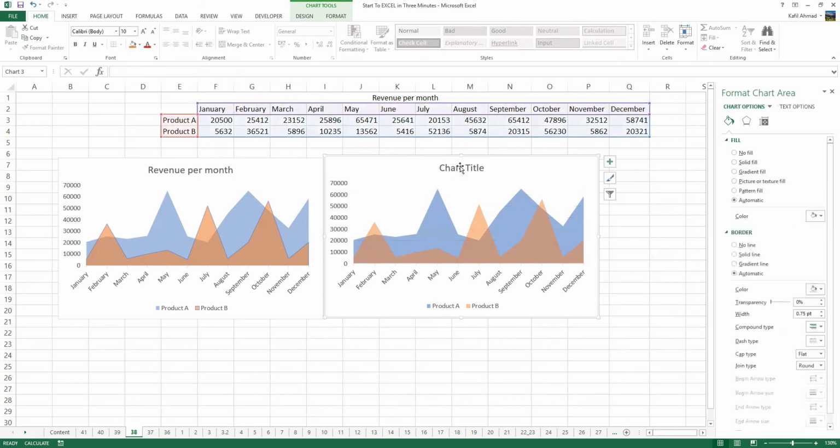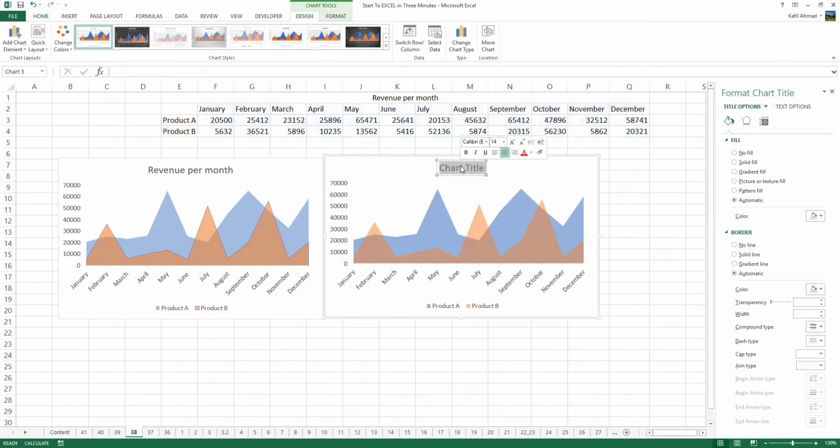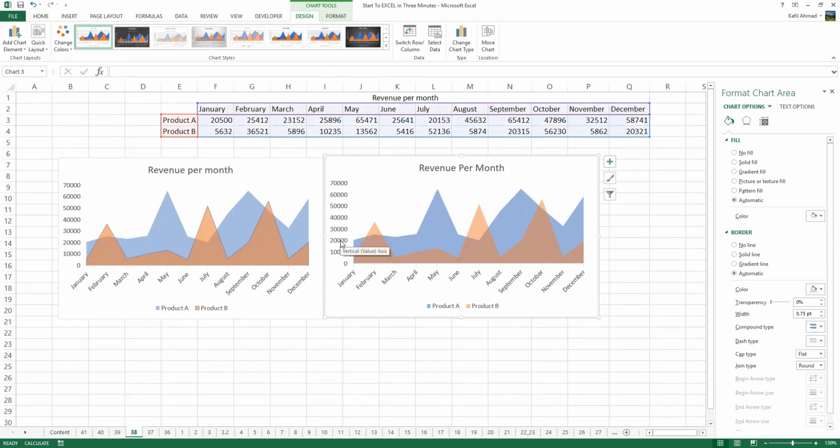The line is gone. Now we can change the chart name to revenue per month. And also if